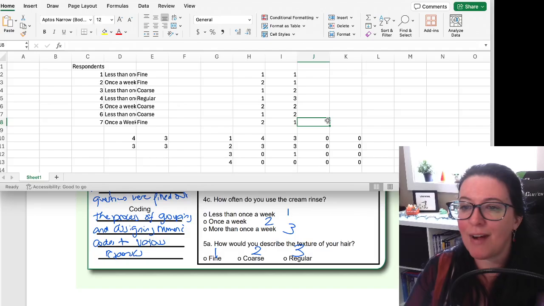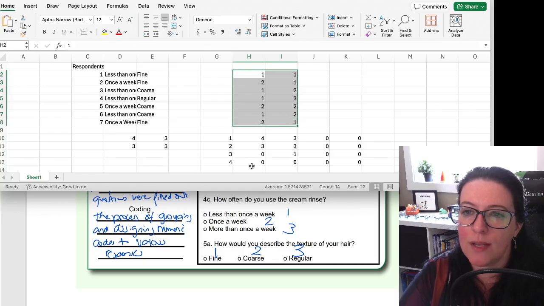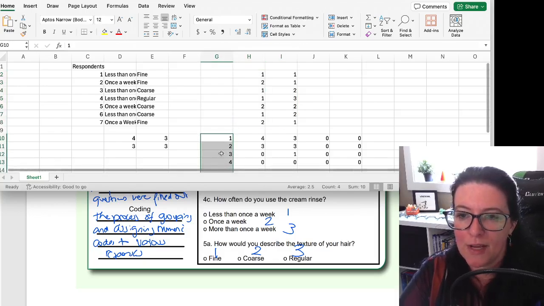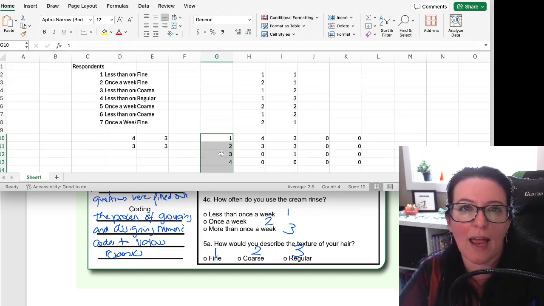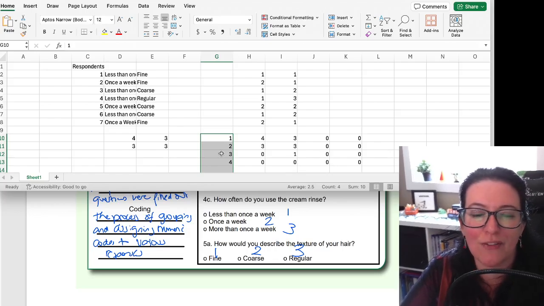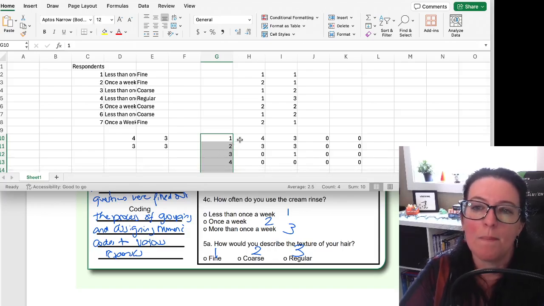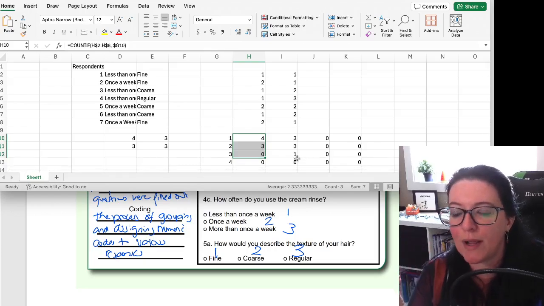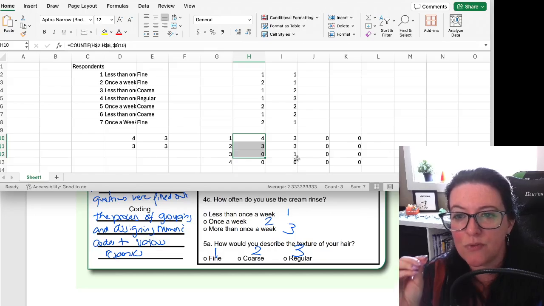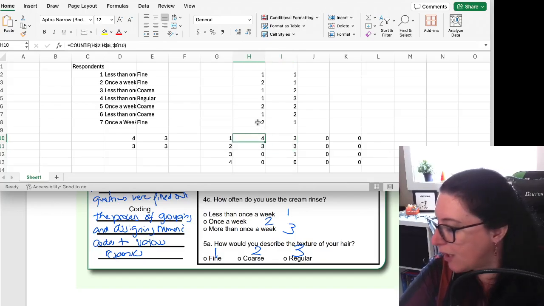And so if I have a survey that has 30 questions, if I already have it coded like this and I create this kind of key here with the 1, 2, 3, 4, 5, maybe I have some questions that are Likert scale, attitude survey type questions with 7-point scales, I would make this go to 7. But then I can simply just drag this over and it will summarize very quickly all the counts or frequencies for all my questions. So at a quick glance, I can see that for this particular question, more people do